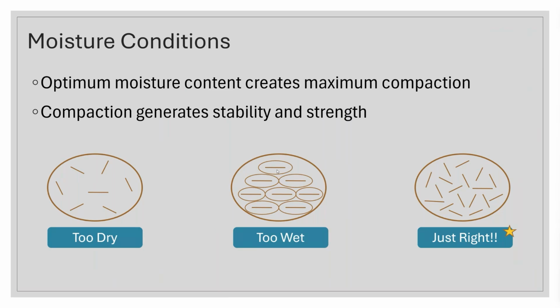We need a little bit of a structural matrix to help all those particles grip together so that they'll stay in place over time. If it's too wet, sometimes we run the risk of a delamination type of failure, where those layers really aren't tied together from the top to the bottom.